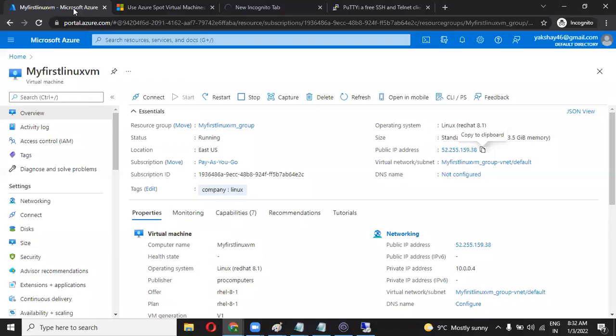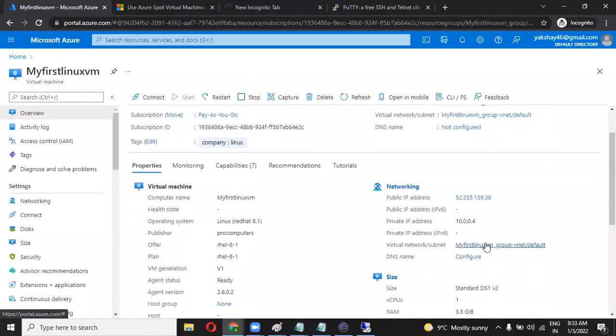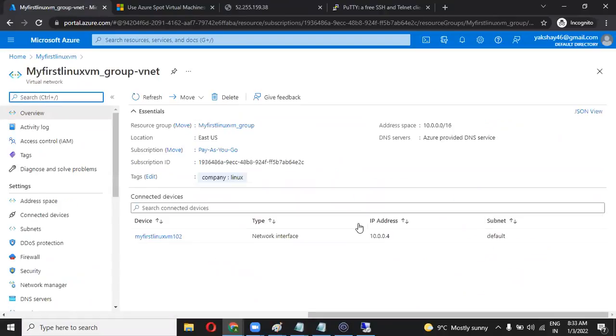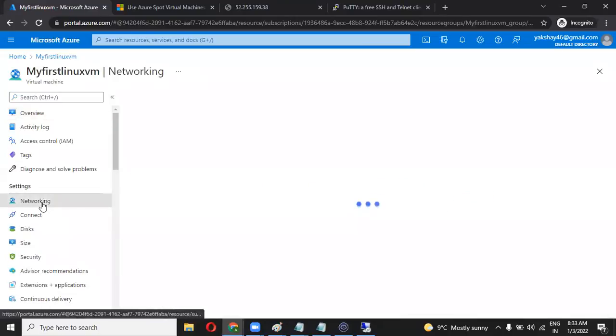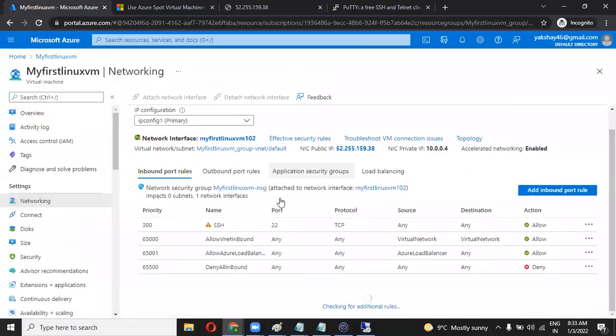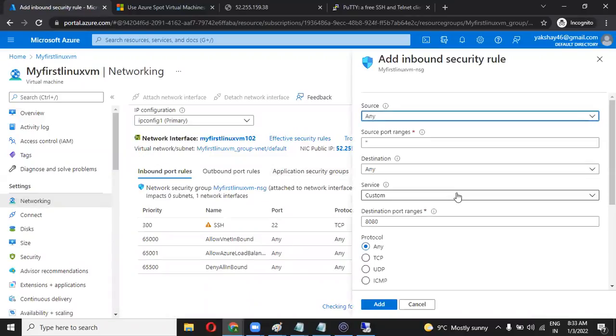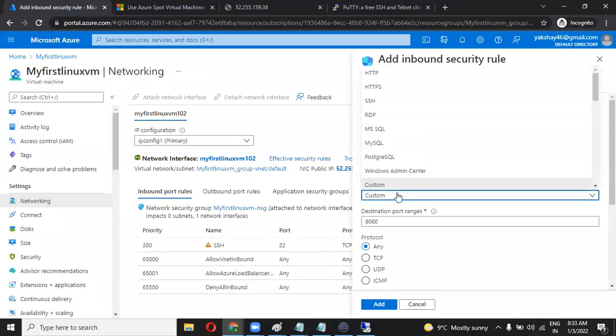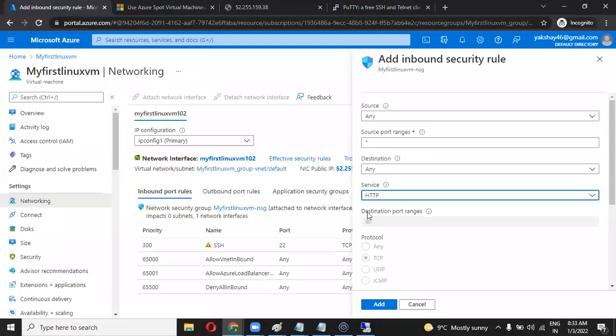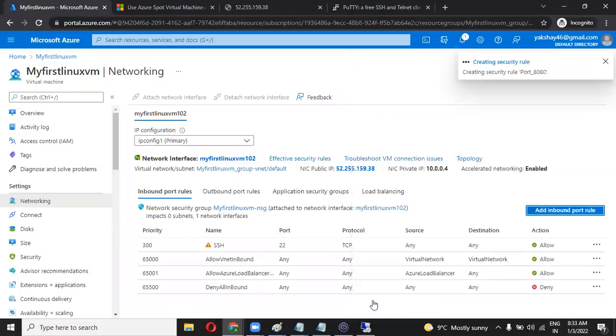So let's go to the first VM and go to Networking. In networking, we need to open a port for it. Yes, we need to allow port 80. Port 80 works on HTTP. Add. Now the port is being added.